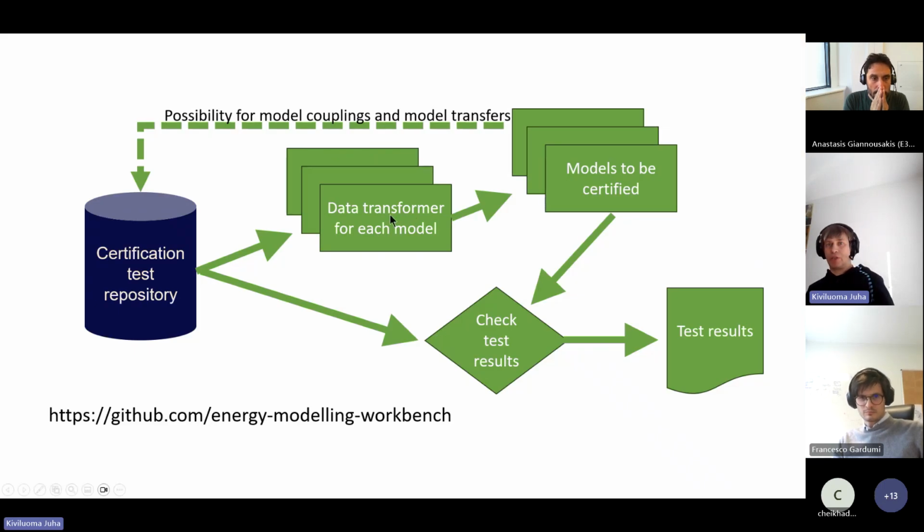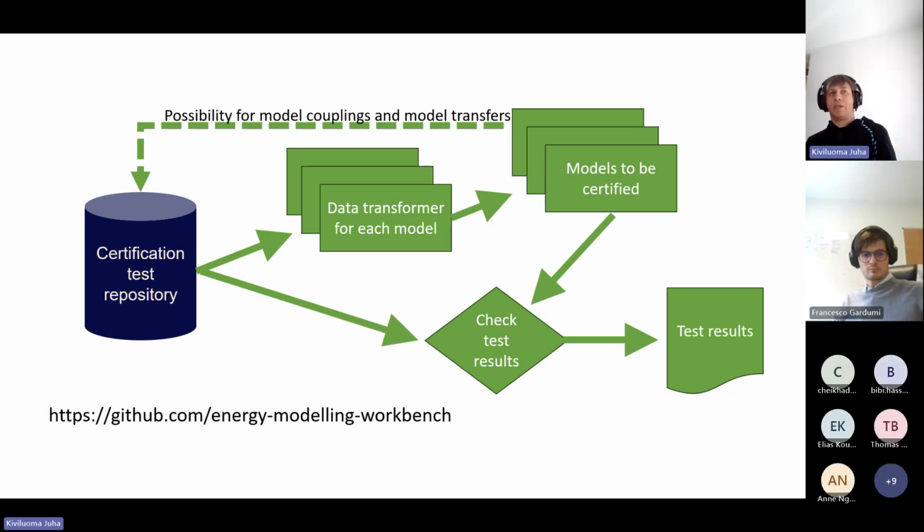Another aspect of this is that we are making something we call an open certification process. So we have tests where you can try out whether your model is doing something correctly. So testing small things like a power plant startup or a transmission between 3 nodes, or any kind of thing one might need in energy system, power system modeling, and we will try to have tests for all of these aspects, and then